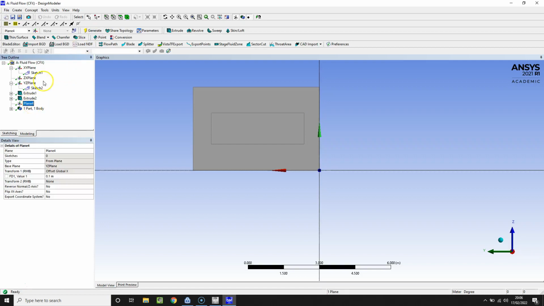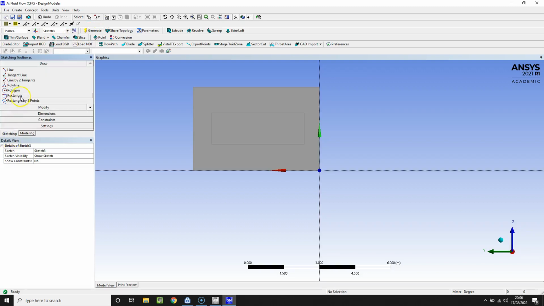And then finally, I can perform a sketch on that plane. It's just a simple rectangle that sits inside the computational domain. And then we're going to cut that away from the room. So the radiator sits just below the window. It's quite large. We can say it's about there. Right, so we have a sketch,